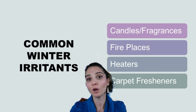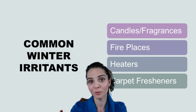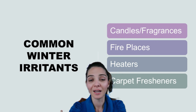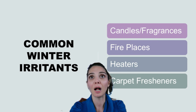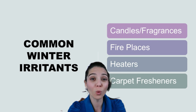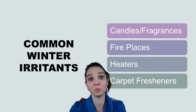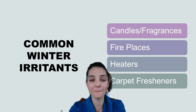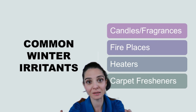And so in the home, in the fall and winter months, we tend to have more fragrances and candles. Those can be irritating, especially to cats. They tend to be very sensitive to the scents of essential oils and things like that. They have a very developed olfactory system that we don't always associate with cats, so they do tend to be a little bit more sensitive. Fireplaces, so the smoke and the particles from that can be irritating. Heaters drying out the air can be irritating to the sinuses for them,